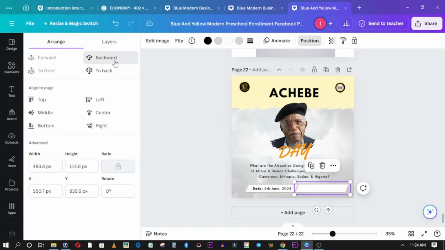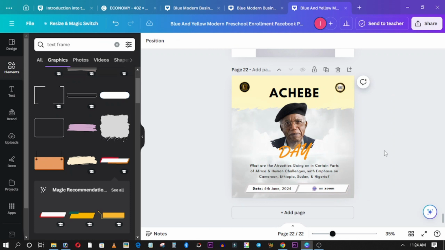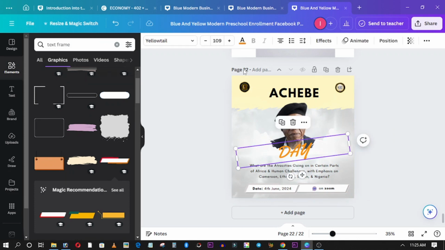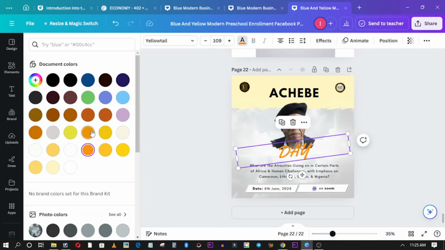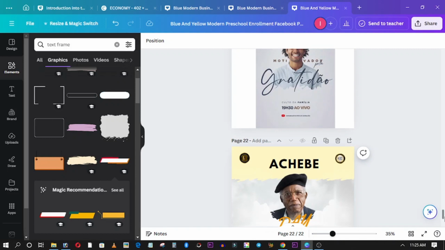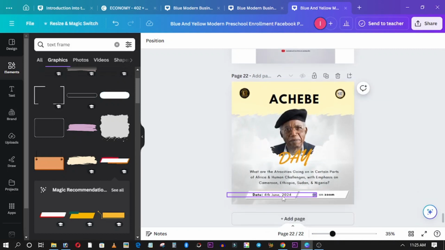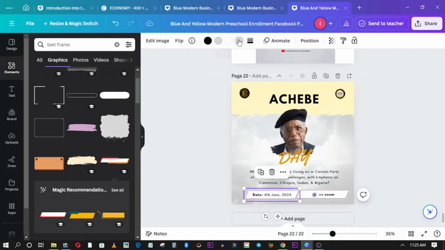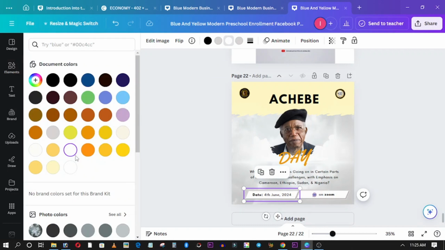Position to the back, to the back, to the back. Yeah, so graphics is done. I think this color is too shouty. So I can decide to convert this white to